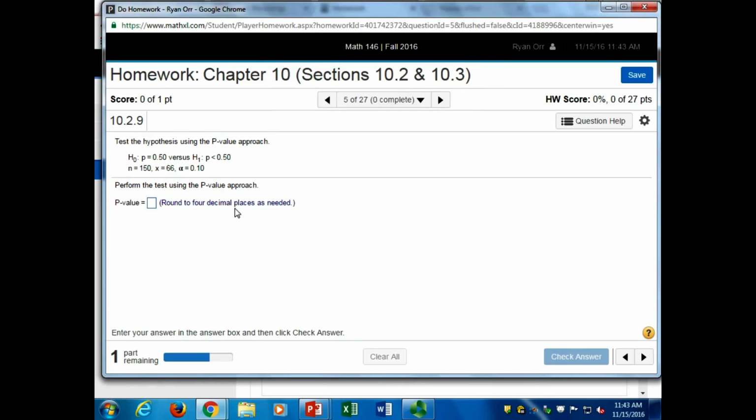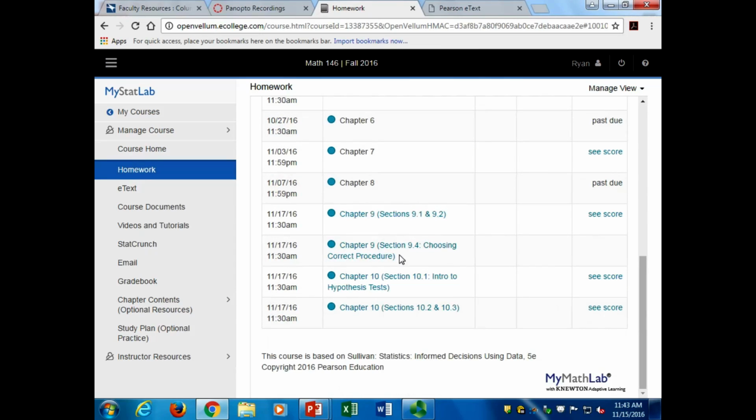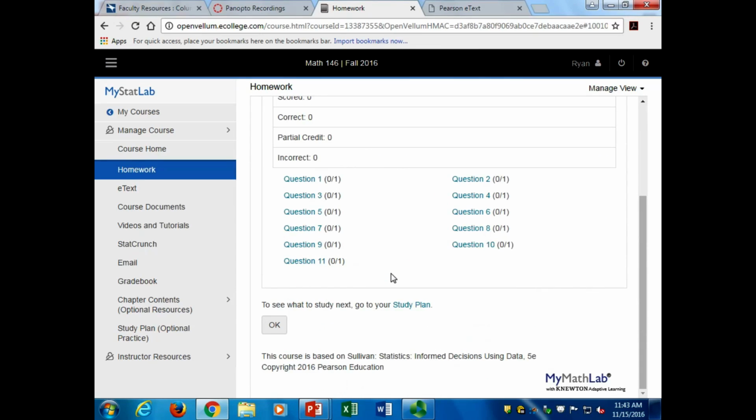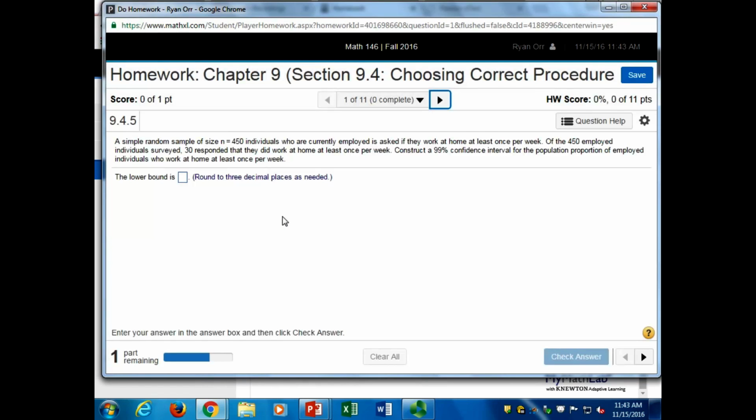Okay, and then Steven, you said on homework 9. Yeah, it's not a long question, but it's like there's this one. Number 1. Simple random survey 450 individuals who are currently employed, asked if they work at home at least once per week. 450 say they do. Calculate a 99% confidence interval for the population proportion of employed individuals who work at home at least once per week. Okay. It's just like when you're plugging it into the formula. Uh-huh. For some reason, every time I get that number, it's just